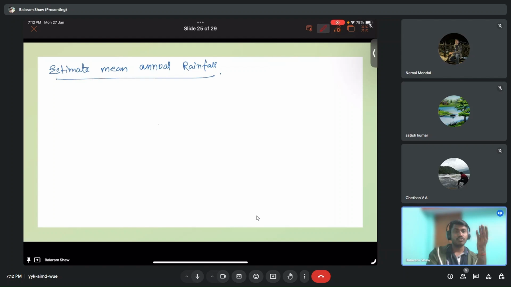different isohyets. Let's say this is 10 mm, 12 mm, 14 mm, 16 mm. Let's say this is 18 mm, something like that. Okay, now for this, after getting the isohyets, we'll calculate the mean annual rainfall as A1 into (R1 plus R2) by 2 plus A2 into (R2 plus R3) by 2 plus and so on, divided by the total area. Okay, so here what we are doing,